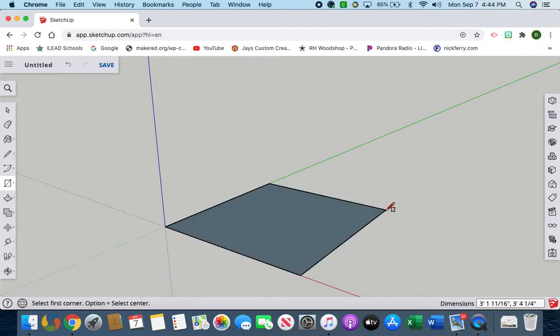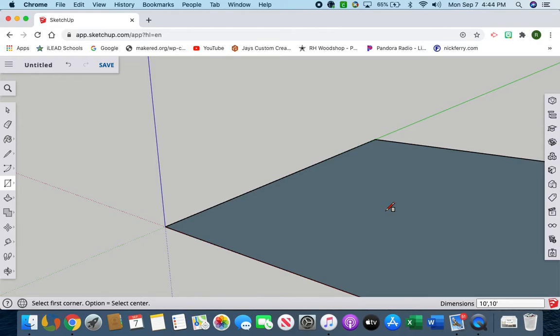Don't touch nothing else. Now we want to make this square or rectangle a certain dimension. I want to make it a 10 by 10. That's 10 feet by 10 feet. We have to be careful with this, because watch this. I'm going to type 10 apostrophe, comma, 10 apostrophe, enter. Okay, zoom out,